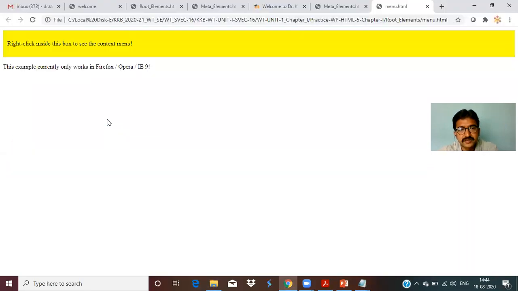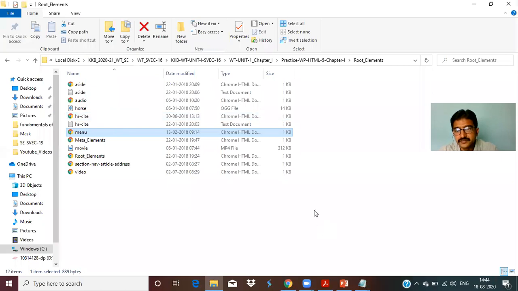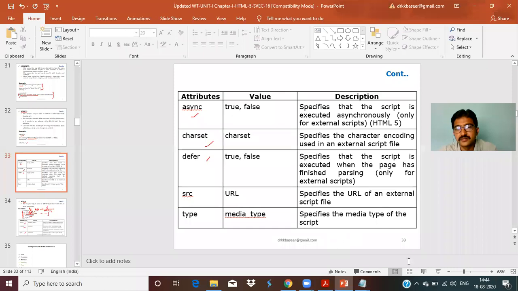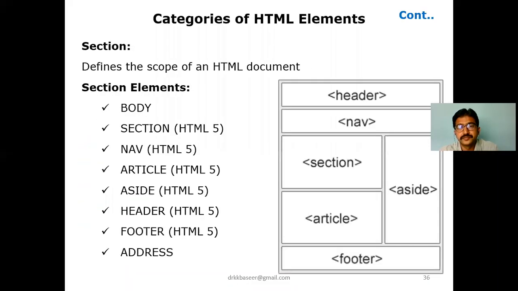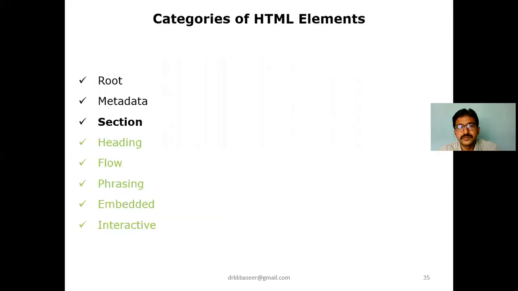Menu elements also exist; we'll discuss those later. Fine. So today we have discussed the root and metadata elements.